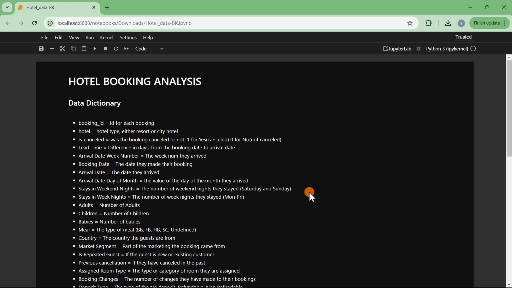But before we dive into the analysis, we need to talk briefly about data lifecycle, which guides every data analysis